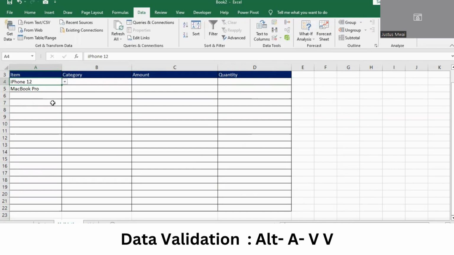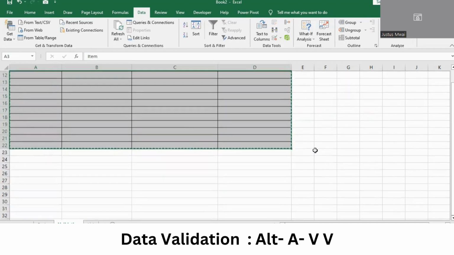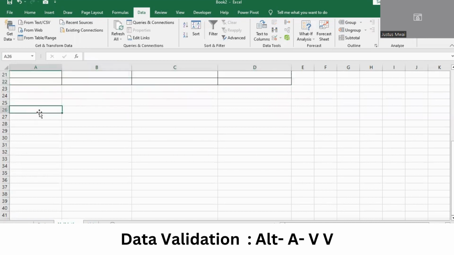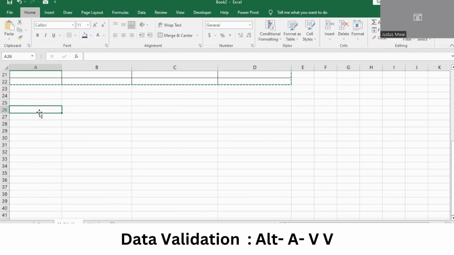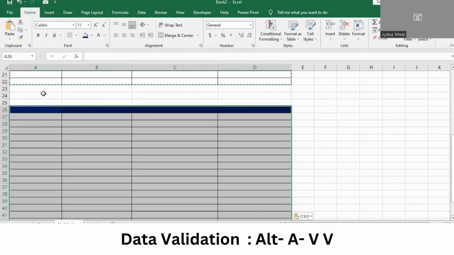So how you go about this, you just highlight the area you need to copy, then copy it, and then the cell you need to paste on, and then let's just first paste the format so it just looks nice. Alt HVST, and then okay, then let's copy again